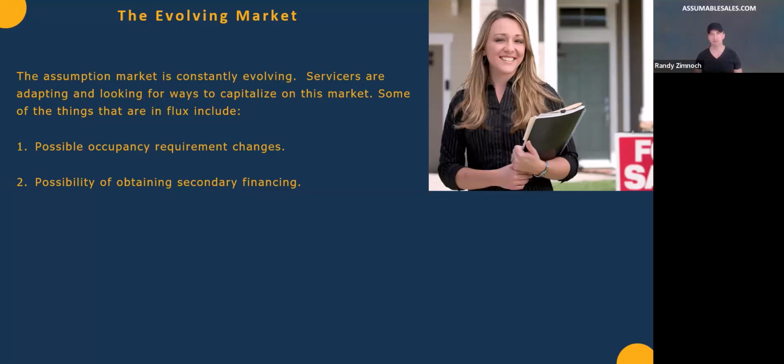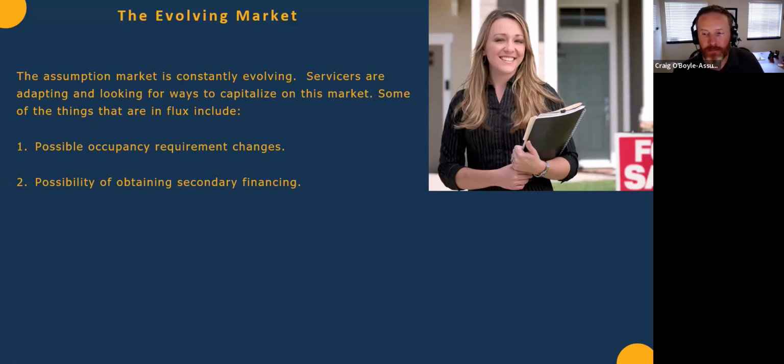All right, next thing: possibility of obtaining secondary financing. This is the greatest number of questions I get. Financing the gap. Right now, we have some servicers who started to say, just like number one, that they would allow the gap to be financed. And so we thought, okay, this is going to get big. And then rumor or fact, I don't know, it started getting out there that the VA wanted to see that secondary financing as assumable, and there just wasn't assumable secondary financing in existence.